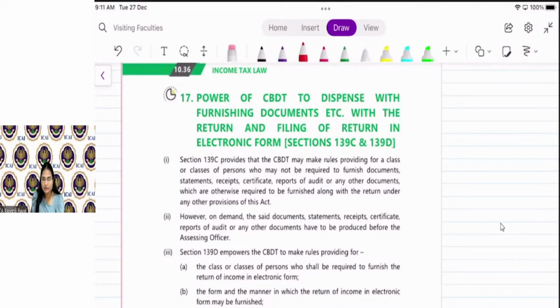However, whenever assessing officer demand for certain receipts or certain statements, say for example, if they are asking for bank statement or they are asking for